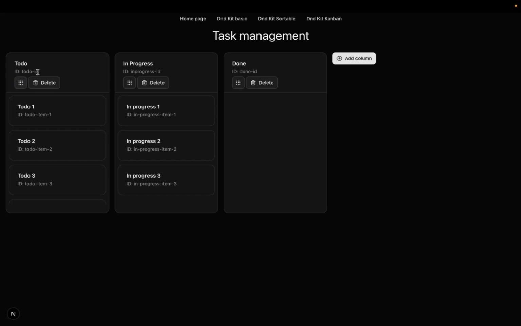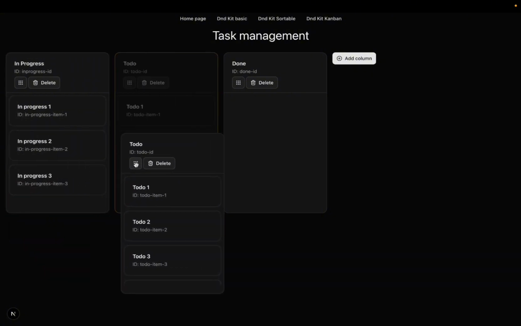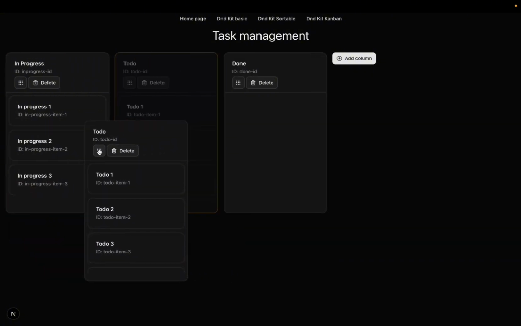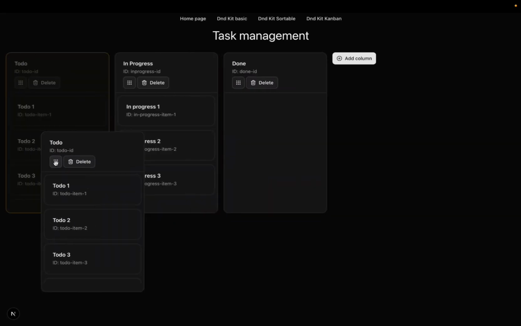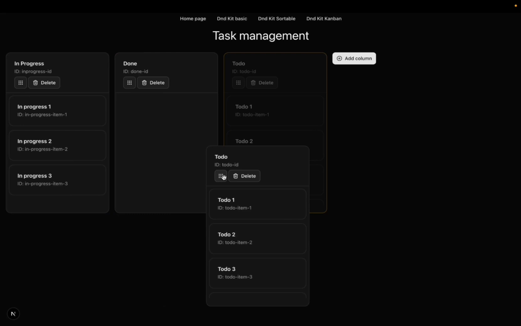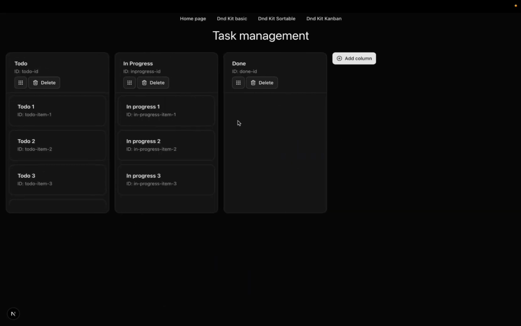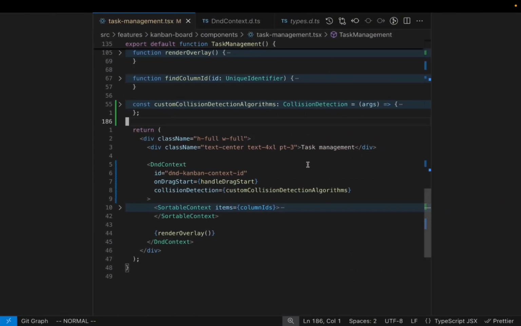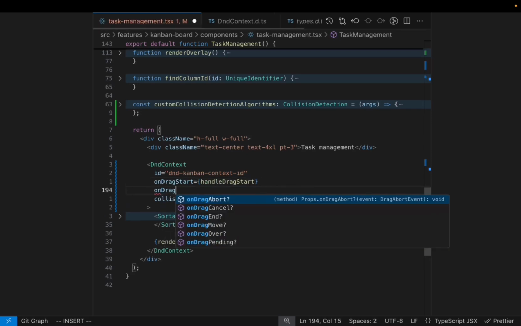That's because we are using the Sortable preset, and the moment we drag this, the UI reflects the changes. It automatically creates that animation for us. But to actually update the order, we need to update the state. So to update the state, we need to listen to the on drag end event. So let's go back to the code, and I'm going to define a function here called on drag end,